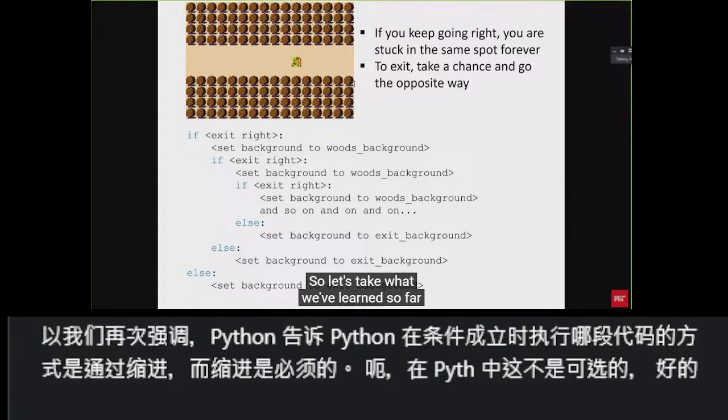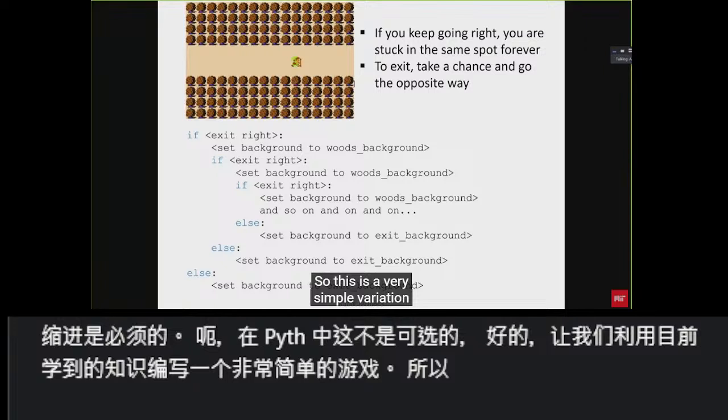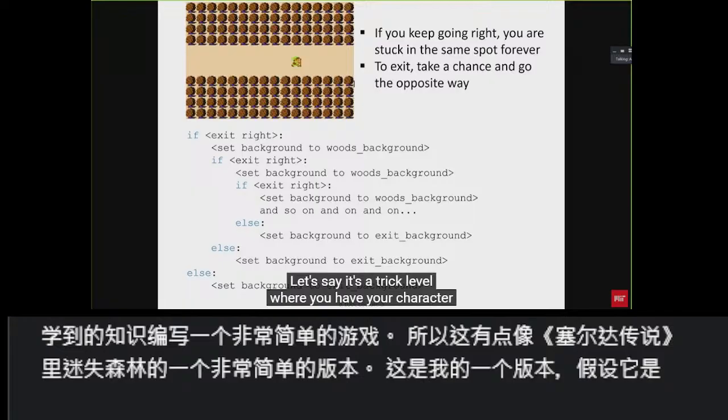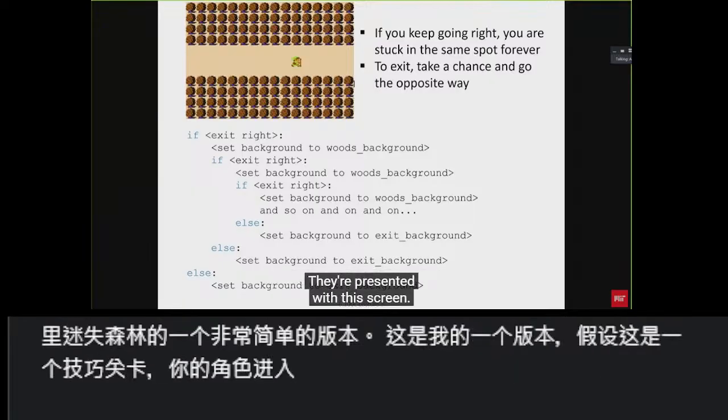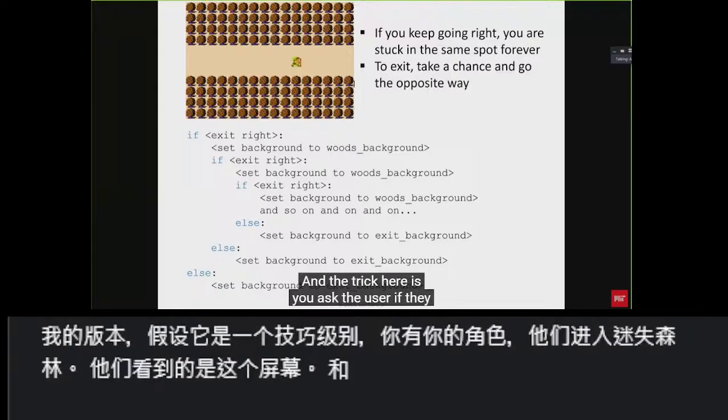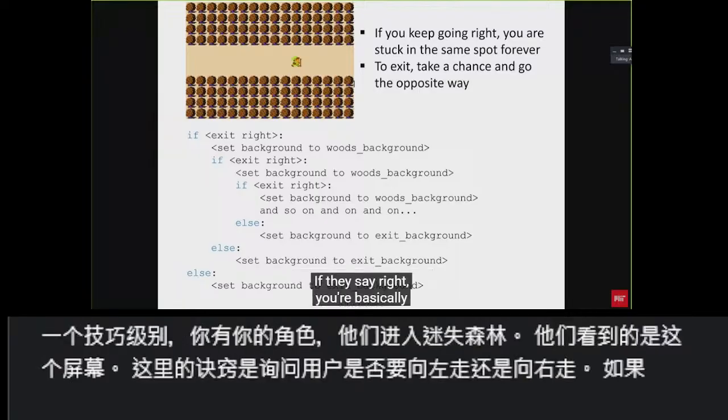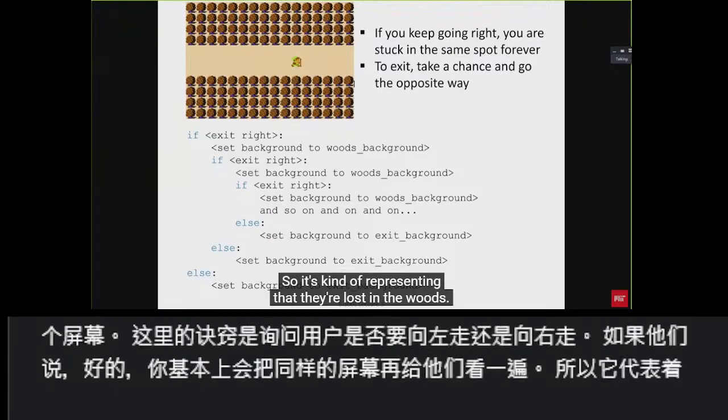Okay, so let's take what we've learned so far and code up a really simple game. This is a very simple variation of the Lost Woods in Zelda, my version of it. Let's say it's a trick level where you have your character and they enter the Lost Woods. They're presented with this screen. And the trick here is you ask the user if they want to go left or right. If they say right, you're going to present them with the exact same screen all over again. So it's representing that they're lost in the woods. And as long as they keep saying they want to keep going right, they're basically going to see the